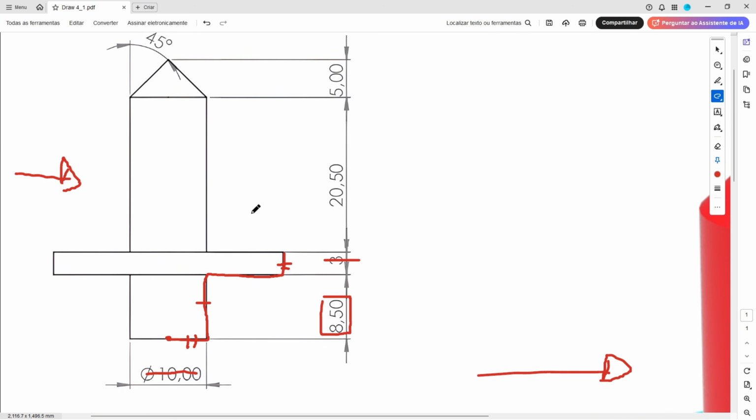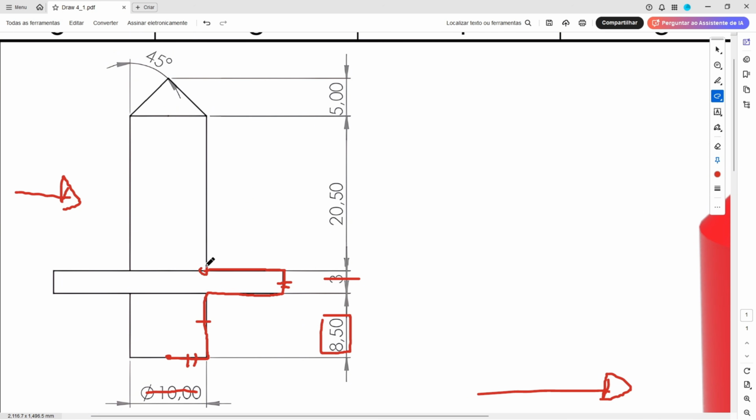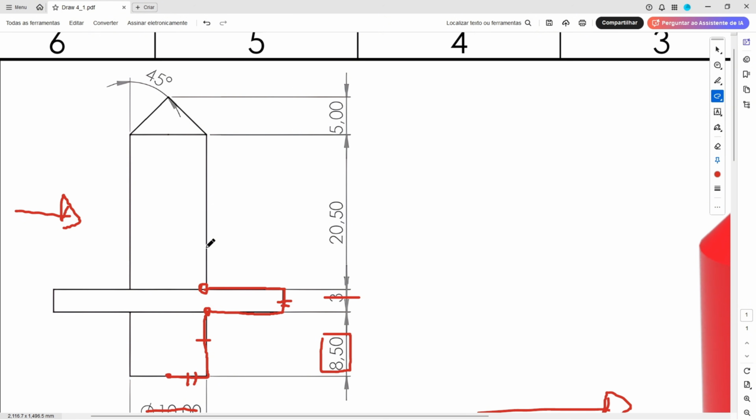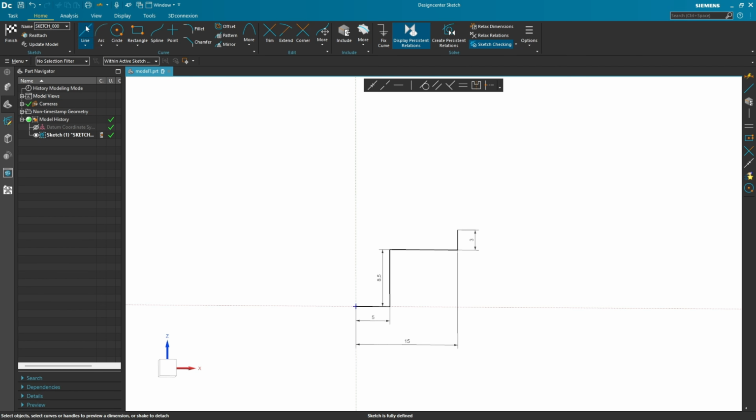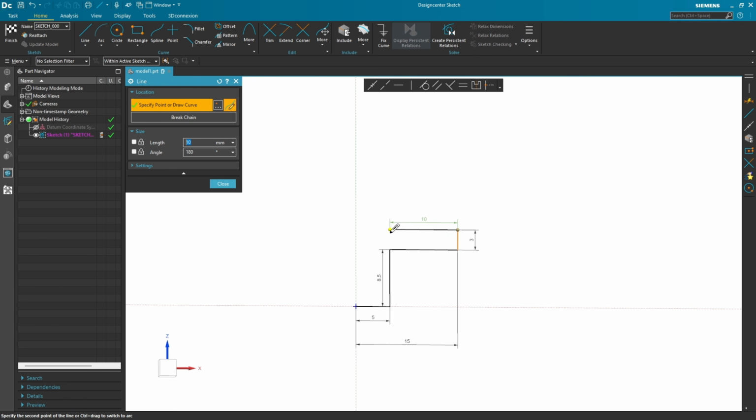and now we will create this line, and this point here is vertical with this point, and we will create this line here with 20.5 millimeters and create this line here. Look that the angle here is 45 degrees, so the same angle here, okay, and the distance between this point and this point here is 5 millimeters. So select a line, click here in this point, make a line here, and you can make a center line here, okay,